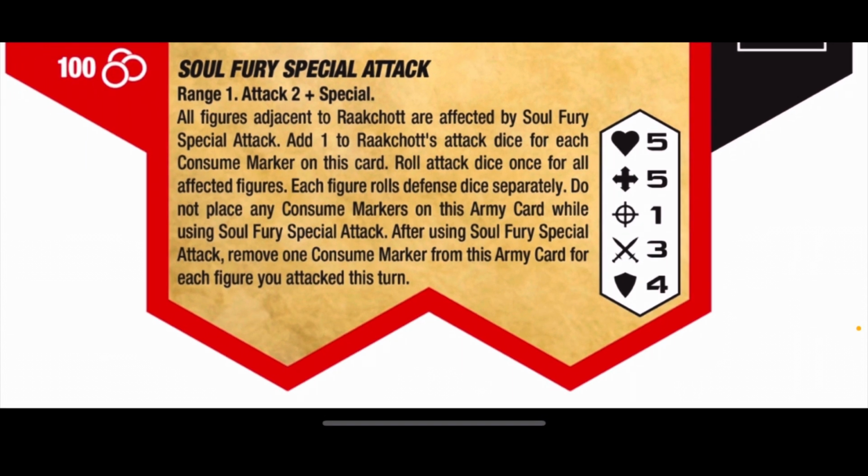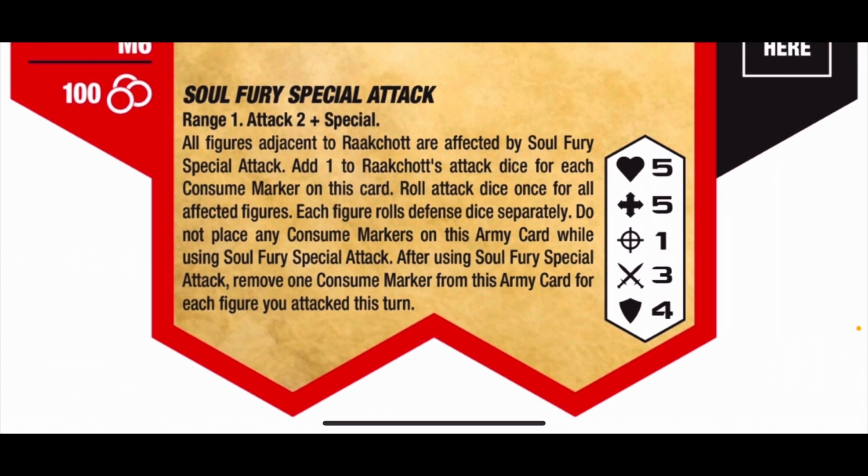Soul Fury special attack. Range 1 attack, 2 plus special. All figures adjacent to Rakshot are affected by Soul Fury special attack. Add 1 to Rakshot's attack dice for each consume marker on this card. Roll attack dice once for all affected figures. Each figure rolls defense dice separately. Do not place any consume markers on this card while using...